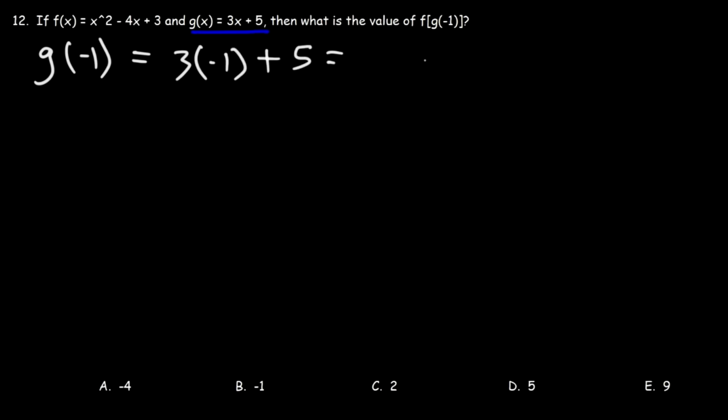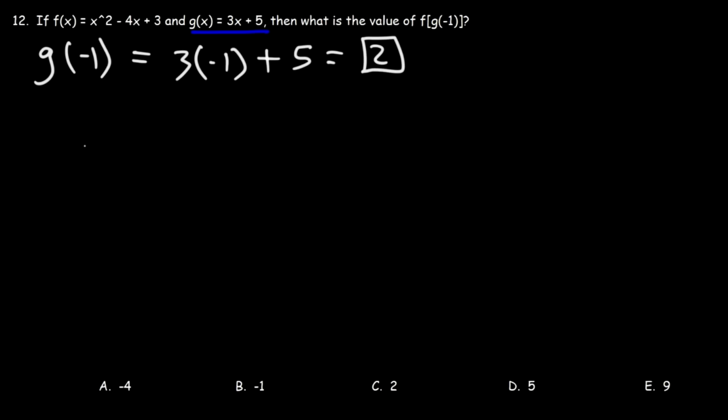So how do we evaluate a composite function? Well, it's best to take this one step at a time. First, let's find the value of g of negative 1. So we're going to use this. G is 3x plus 5. Let's replace x with negative 1. So this is negative 3 plus 5,